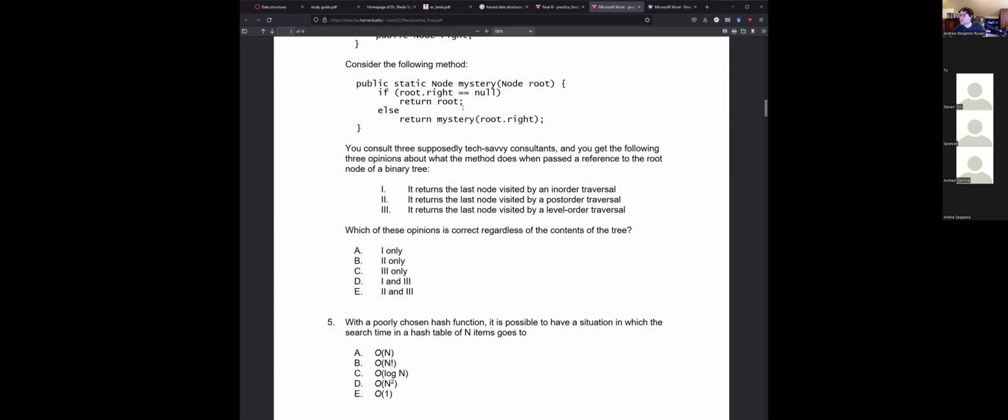This will return the rightmost node. So number one is correct. It is the rightmost node in